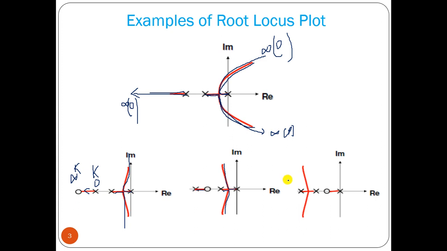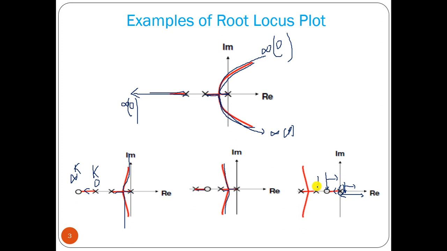Say for example, if we look at this particular point, then on the right-hand side, if you look, there are no poles and zeros, so in this region we don't have any root locus path. If we consider a point here, and if you look at the right-hand side, what we can observe is one pole, that is an odd number, so there is a root locus path, and you have to show the arrow going from pole to zero.